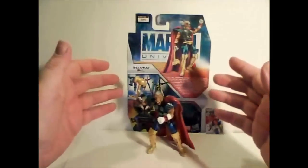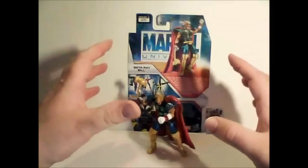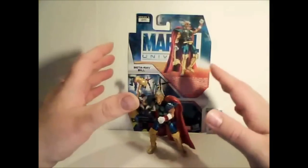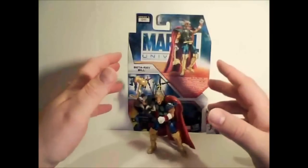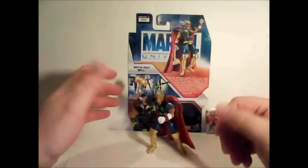So this time we're taking a look at the last figure out of this second wave of Series 4, figure number 11,